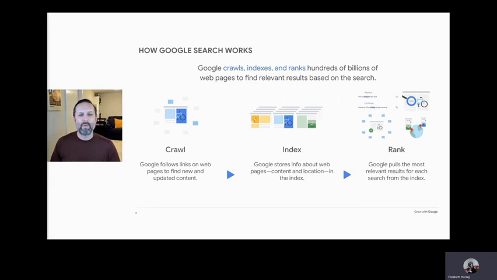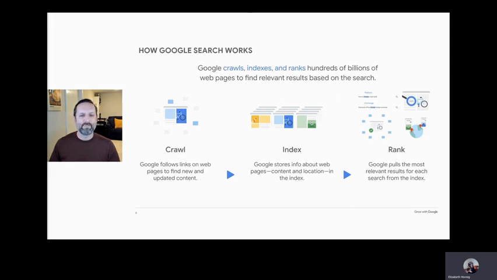Googlebot crawls the web looking for pages of new and updated content. All of that information is then stored in an index. You can think of an index as a gigantic filing cabinet organizing and categorizing all the content Googlebot can find. When you type in a search, called a search query, Google goes to that index to find the right matches. Google sorts through all the possible page matches, ranks them for relevance to the search query, and presents a web